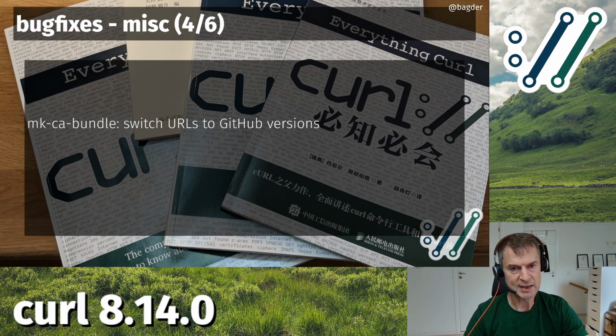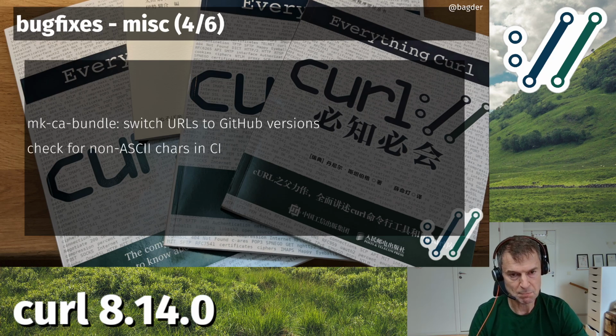This script now gets that Mozilla data from the GitHub URLs instead of the previous mozilla.org URLs, because Mozilla and the entire Firefox development have switched over to GitHub now. That's the origin of this data, so it seemed more accurate to get it from that place.